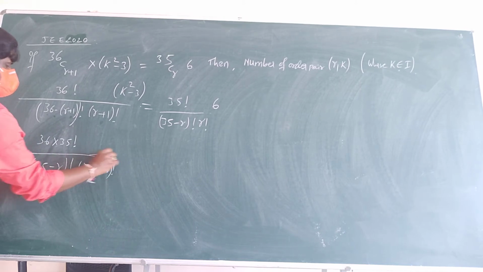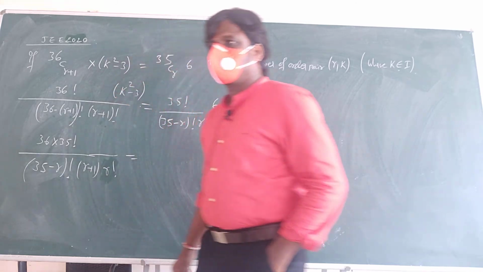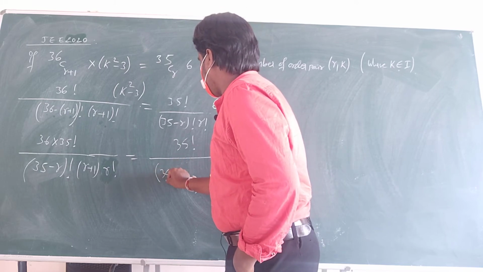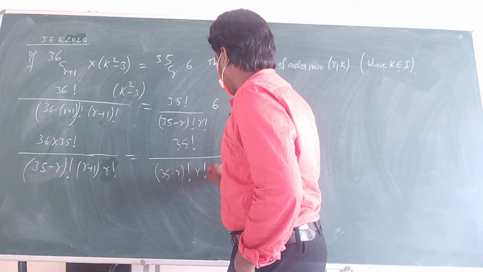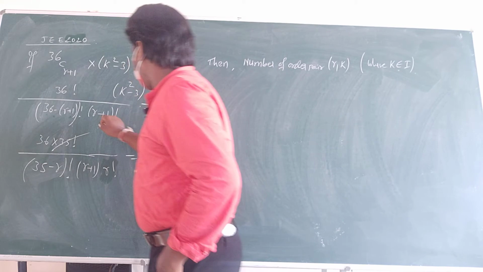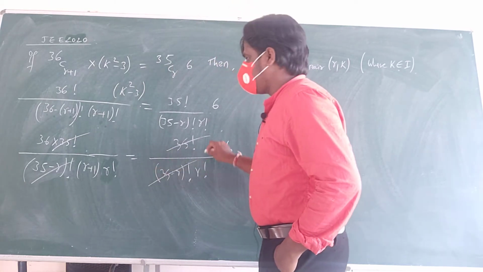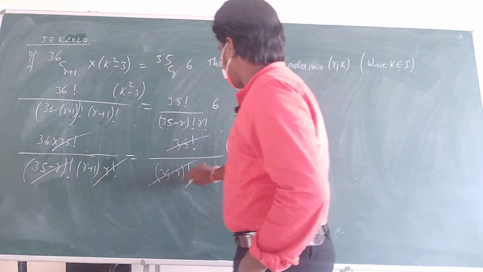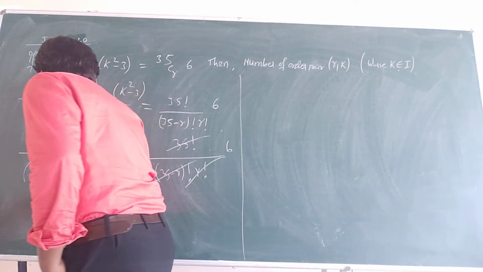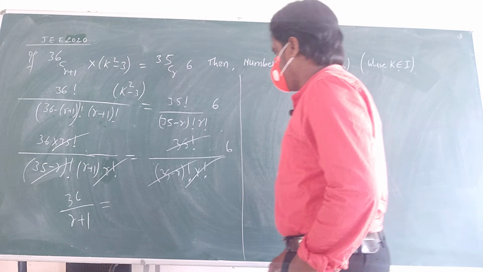Now 35 factorial cancels out, 35 minus r factorial cancels out, and r factorial cancels out. What do we get here? 36 by (r plus 1)